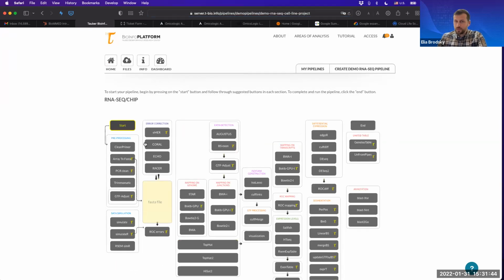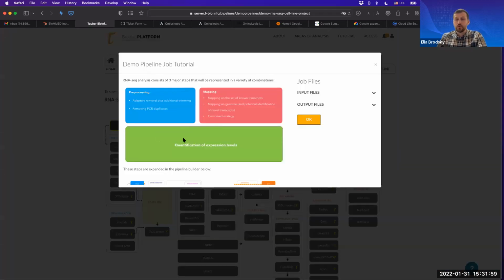This demo pipeline will show you how individual scripts or analysis algorithms are connected into pipelines or workflows. And as you go through the course, you will learn about each one of the steps that you're taking in this pipeline to understand what it means and why to use this one or an alternative,